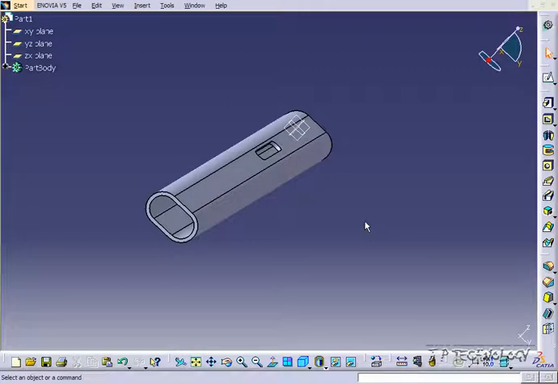This is tutorial number 91, and it covers how to use the Compass Translate Part feature within CATIA v5. To start off, open up tutorial part number 87, which is located on the DVD. So what we're going to do is I'm going to show you how to use the compass to translate and